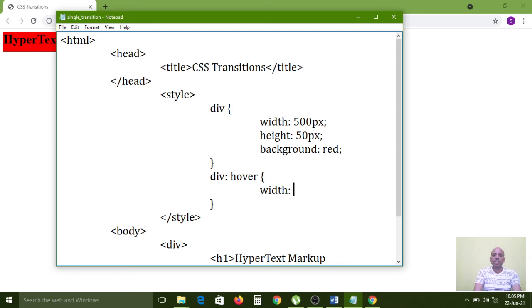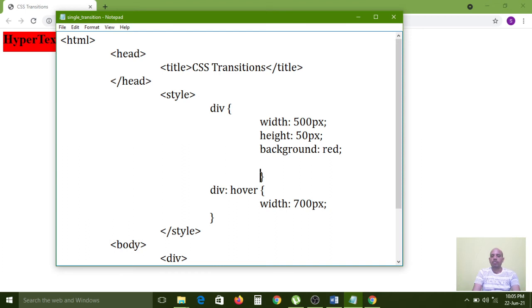Width colon, before it was 500, now if I point the mouse on that background, I want to increase it to 700 pixels. So for that we need to mention transition here. Transition colon width property, and 2 seconds are enough as the time duration. Now I am saving this one.